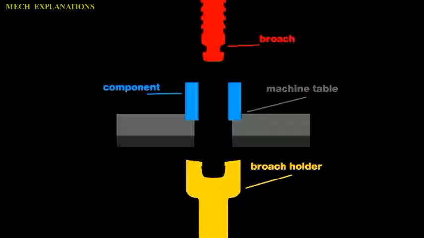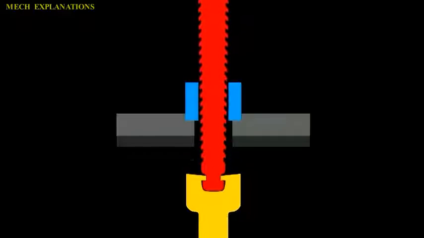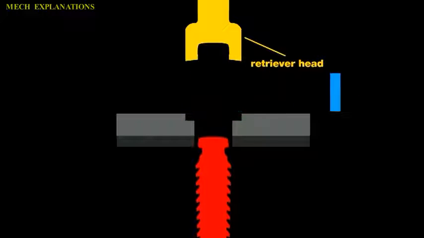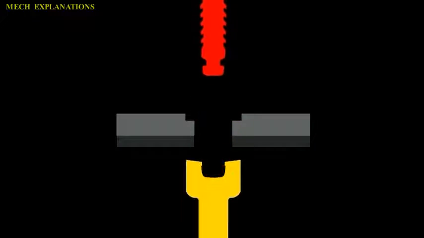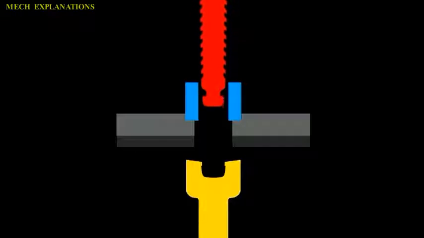Let us learn about broaching. Broaching is a machining process that uses a toothed tool, called a broach, to remove material. There are two main types of broaching, linear and rotary. In linear broaching, which is the more common process, the broach is run linearly against the surface of the workpiece